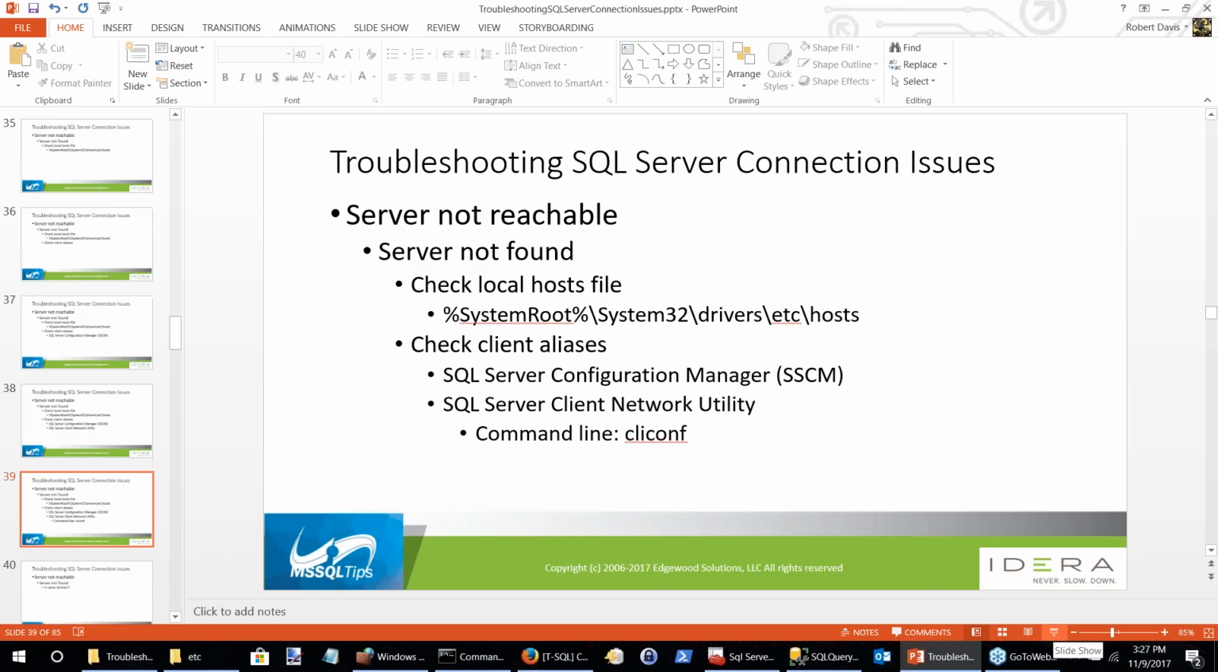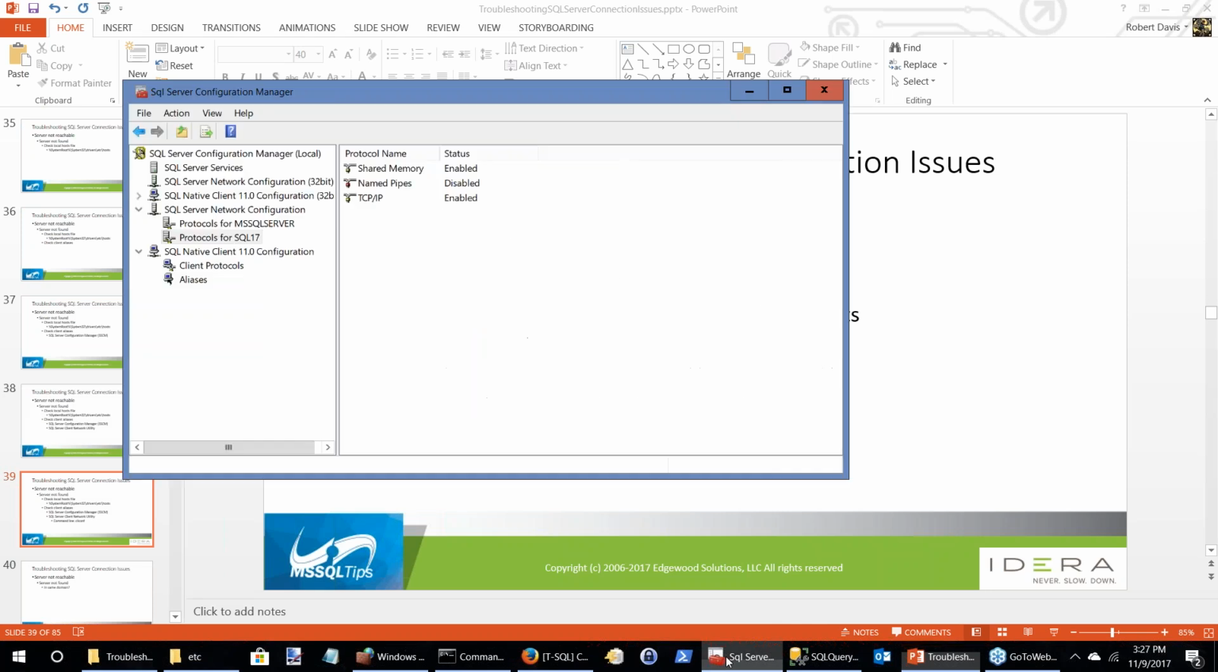So we look at SSMS. Over here in the left-hand panel, we were looking before at network configuration. These are configurations for the SQL Server instances running on the server. If we look here, we have SQL Native Client configuration. We have the protocols that can be enabled, and we have aliases here that can be created. So you can create an alias for the instance there. This is